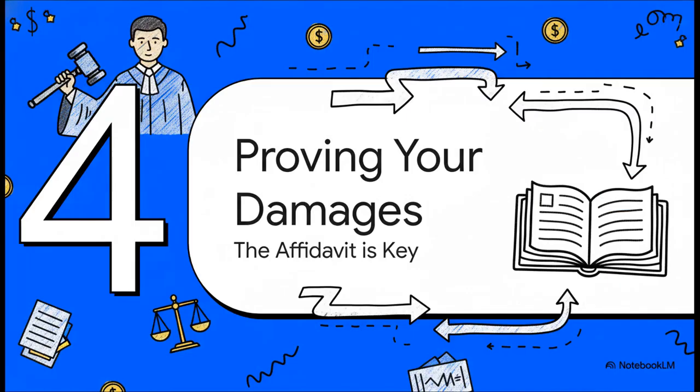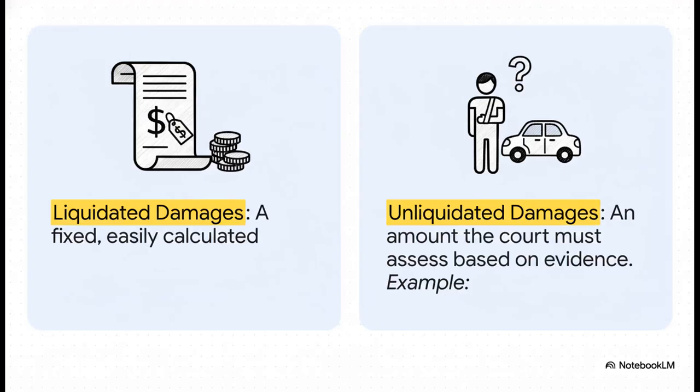So let's zoom in on that second path, the one that leads to a judge. This is the most common route when the money you're owed isn't just a number on an invoice. In this case, you have to actually prove your damages to the court. The big difference here is liquidated versus unliquidated damages. Liquidated is easy, right? An unpaid invoice for $5,000 is, well, $5,000. But unliquidated damages are different. They're not a fixed sum. The court needs evidence to figure out the right number, like trying to calculate compensation for an injury after an